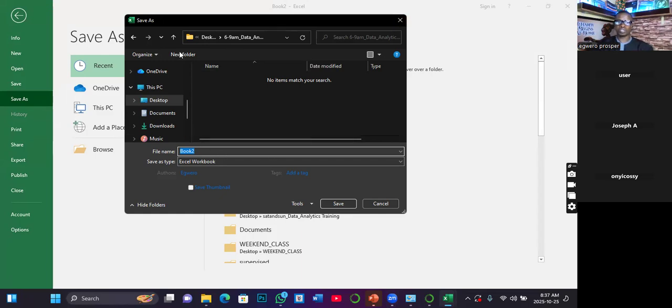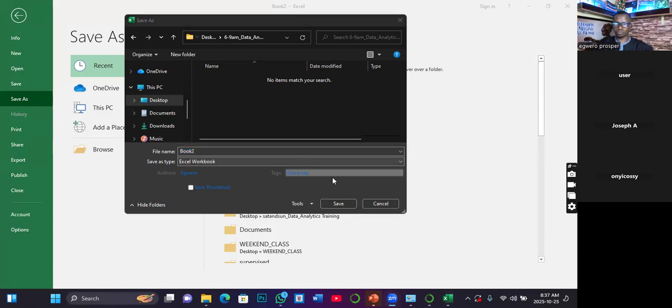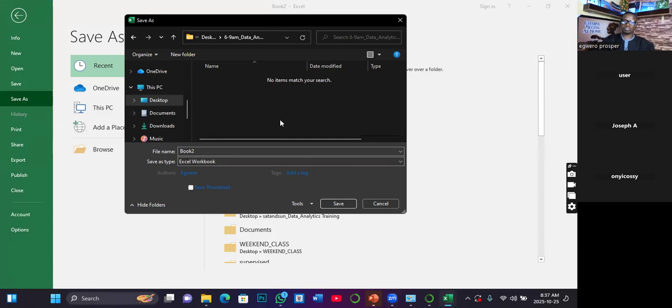I'm trying to save that particular data in the project folder. And like I was saying, there is need for us to save, if possible, two versions: a CSV version, which means comma delimited or comma